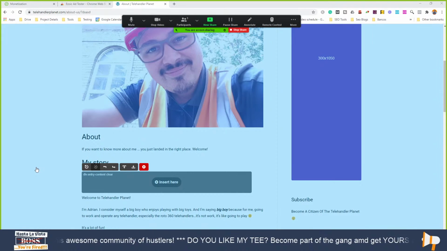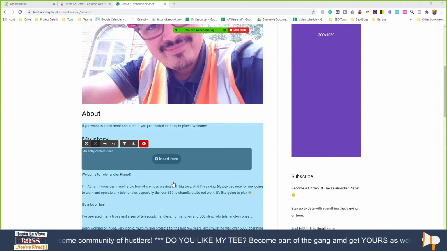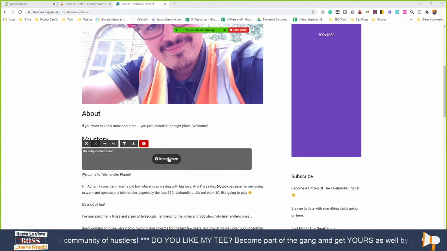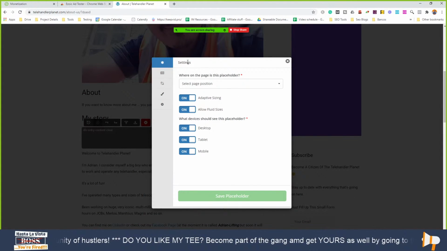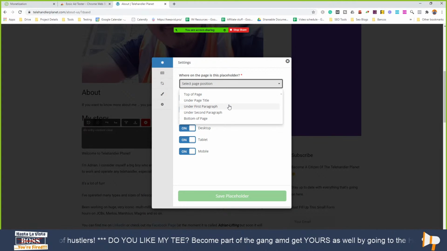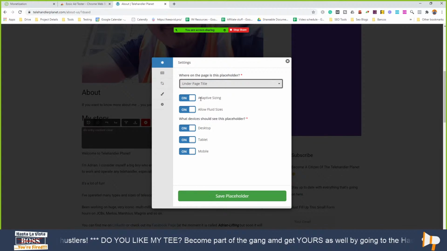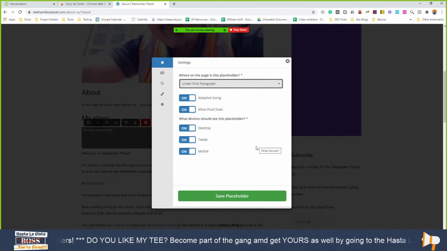Okay, sharing your screen again. Perfect. So if you want to insert that placeholder down there, we can add the under page title, and after this, we'll move to applying for ad exchange and setting up your ads.txt file. I think that'll be it. So you want to press insert here? Insert here, yeah. And under this, I would make this maybe like under page title or under first paragraph. And then you can just go ahead and save placeholder.